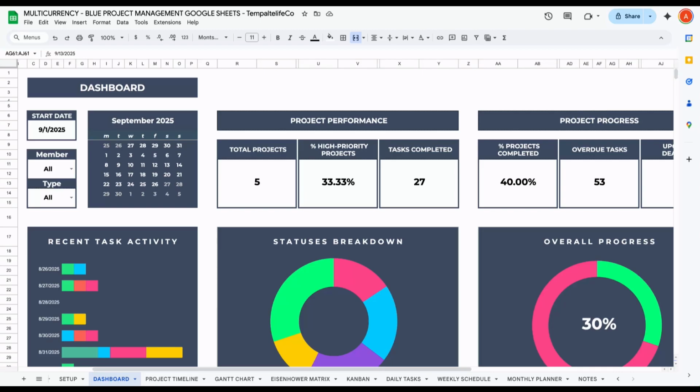So here is how you can use this project management sheet and track all your projects under one simple template. I hope you have understood how to use this